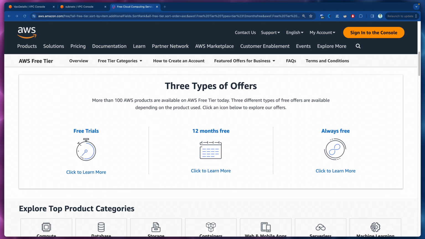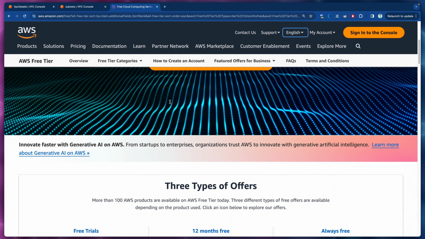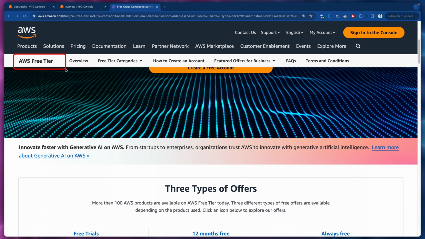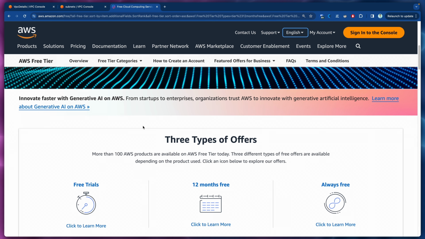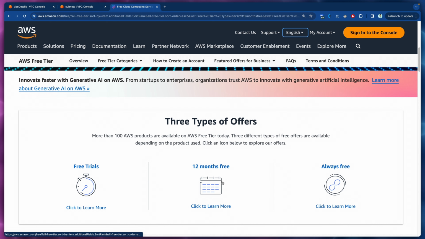Hello and welcome back. Before we continue, I just want to discuss a little bit with you regarding the costs and the free tier that we are using here with AWS. And why am I making this video? It's because there is a slight change that happened in 2024 when AWS actually started charging for public IP addresses